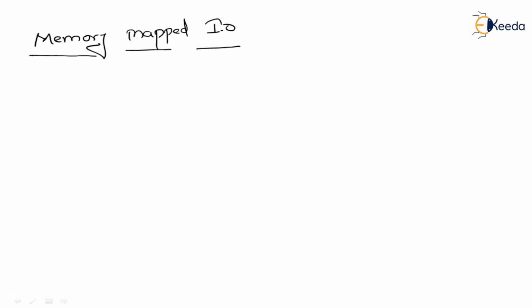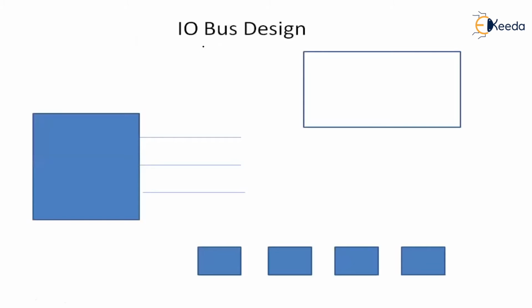We have already designed two different bus systems. One is distinct IO bus system, that is, we are using one separate bus system for IO and one more separate bus system for main memory. In isolated IO, we have everything in common, same address bus, same data bus, but control buses are different. Control bus 1 is for memory, control bus 2 is for peripheral devices.